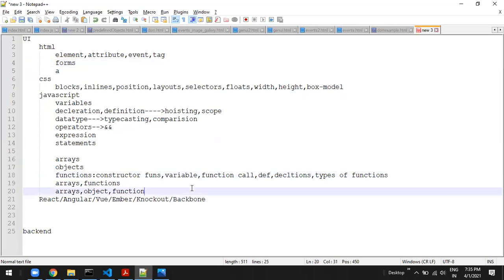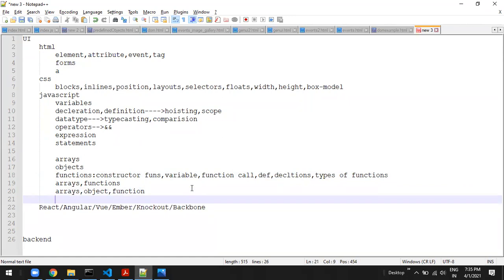So these are all array, object and function combinations. For example, how do you make use of map, reduce, filter only on arrays, how do you make use of sort, find, and forEach.